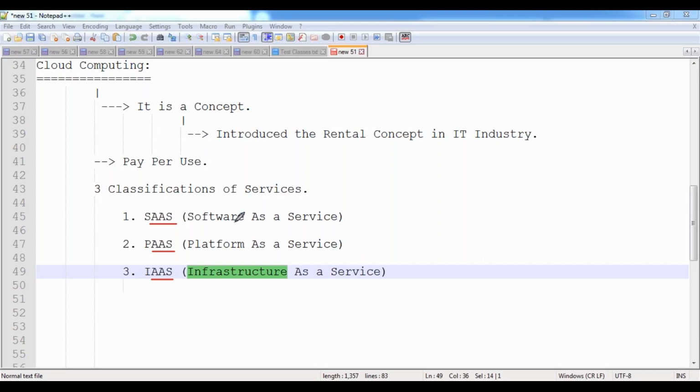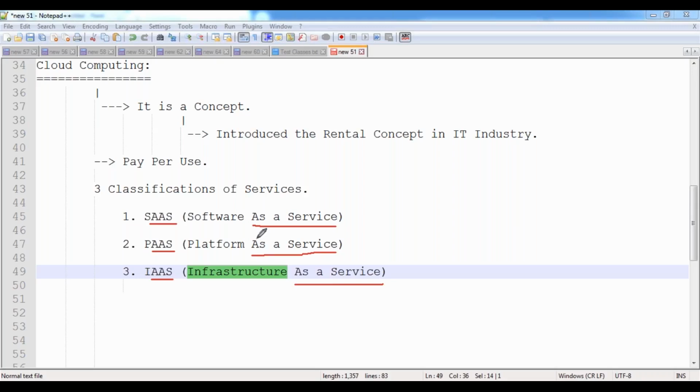If you want to make calls, then we need a mobile device. A mobile is a product. How can we utilize the mobile? By purchasing the product. What is the cost of a mobile? 10,000 rupees, 20,000 rupees, 1 lakh rupees. So what happened here? If it is a product, there is a huge investment. If it is a service, there is less investment. We can take it on a rental basis. So each and every feature is provided to you as a service, and services we can take on a rental basis.